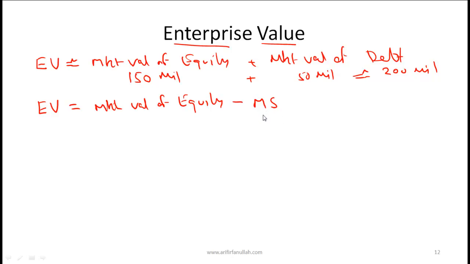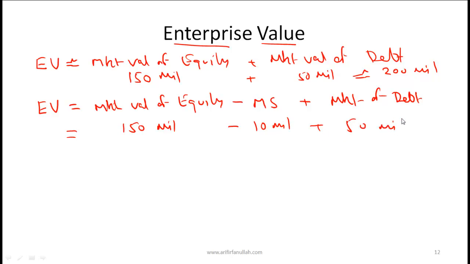So when you talk about a precise version of enterprise value, you need to subtract the value of marketable securities, but obviously you still need to include the market value of debt. This is the debt which has been taken by the company, and we need to use the market value. So if we take a market value of equity as 150 million, just like above, but this company also has marketable securities worth 10 million, and let's say that the market value of debt is still 50 million, then the enterprise value is